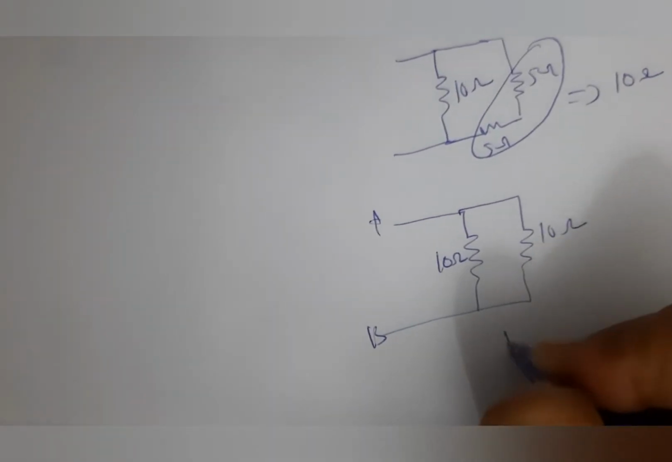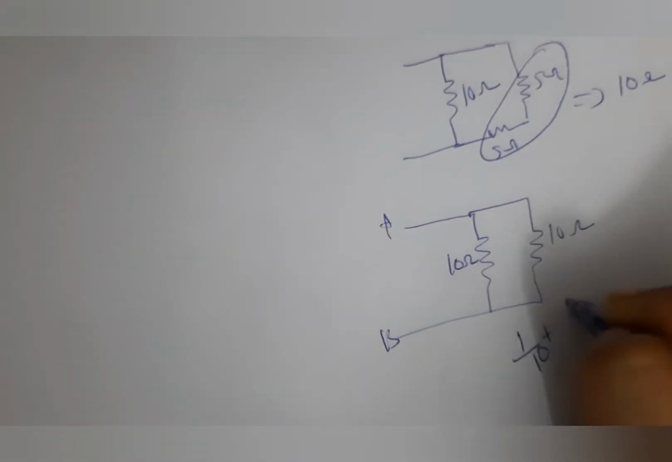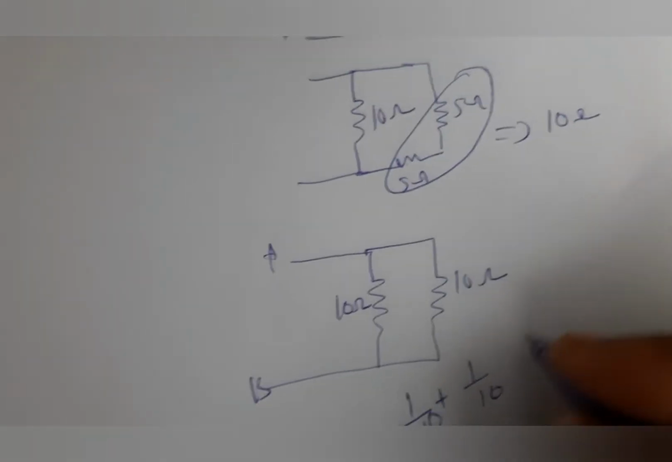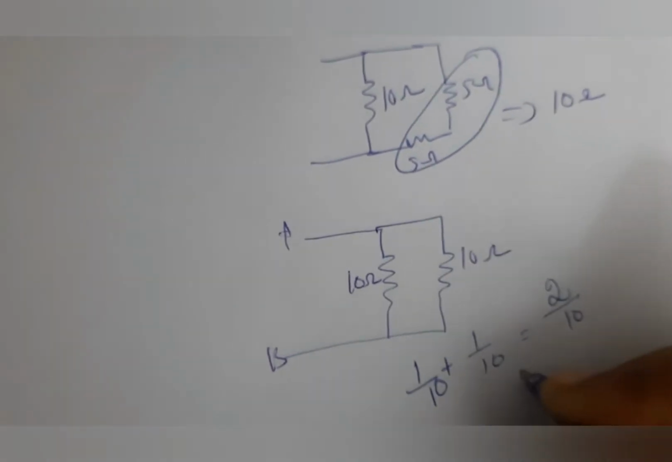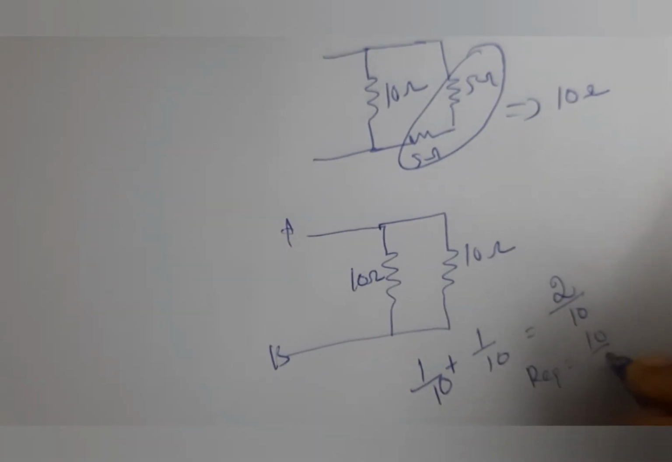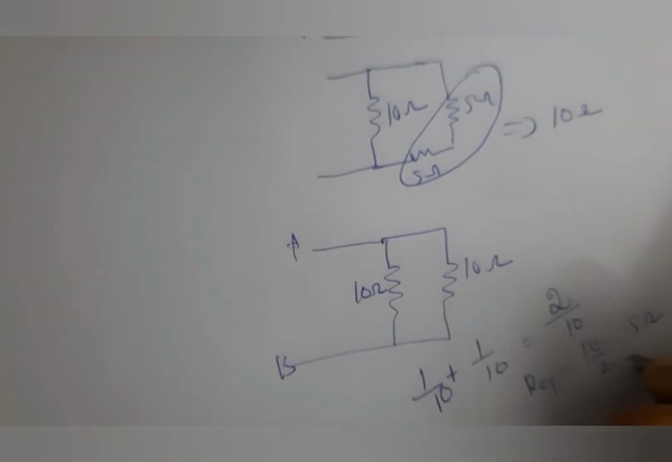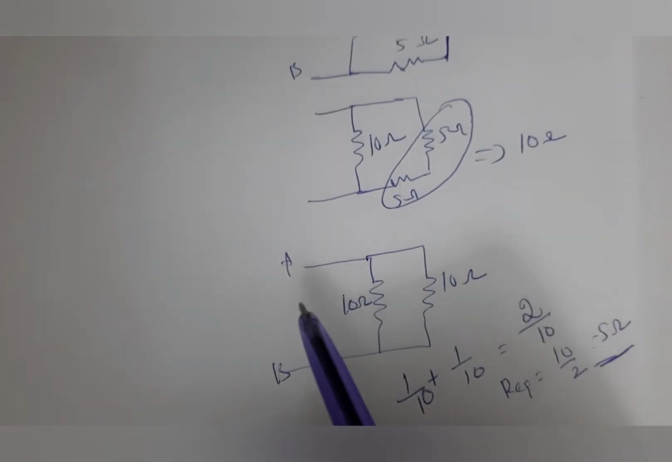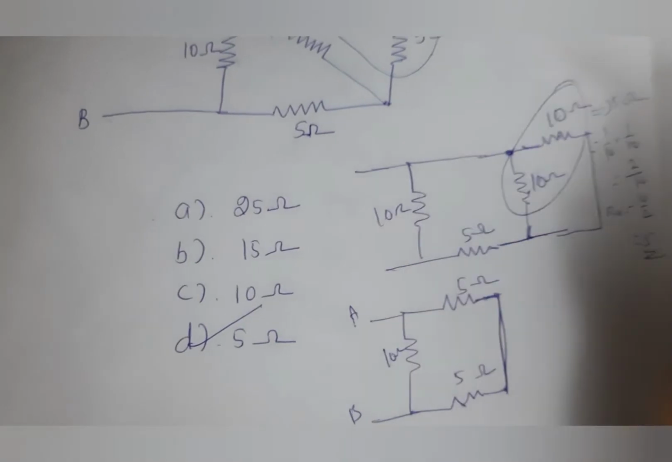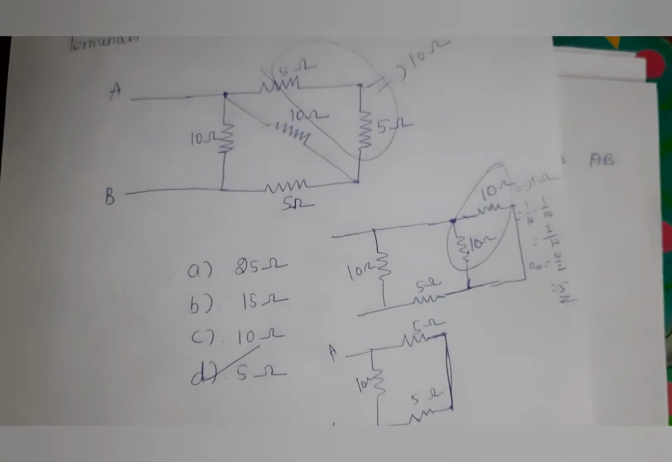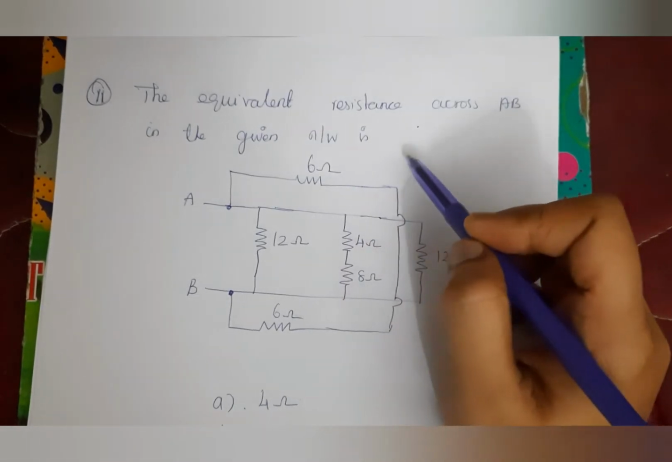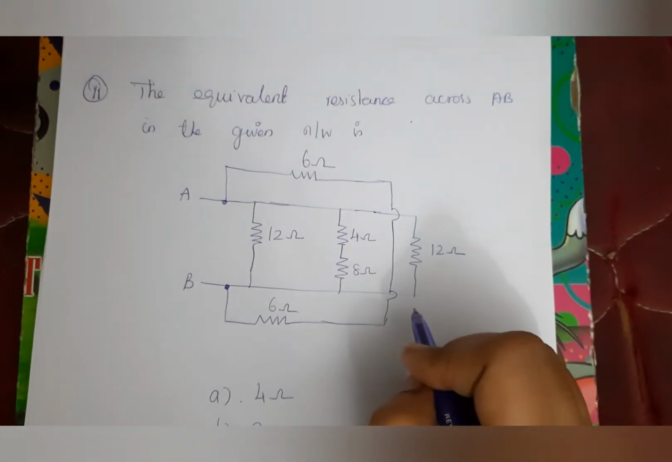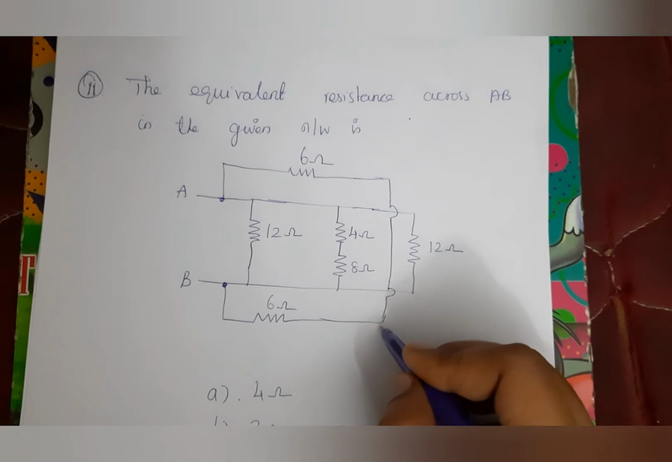For the parallel connection, we will solve this as 1 by 10 plus 1 by 10, that is 2 by 10. So R equivalent is equal to 10 by 2, that is equal to 5 ohm. So 5 ohm is the equivalent resistance across this A and B terminal. So here the answer is D, 5 ohm. Next question, the equivalent resistance across AB in the given network is, and this is a circuit, and we redraw